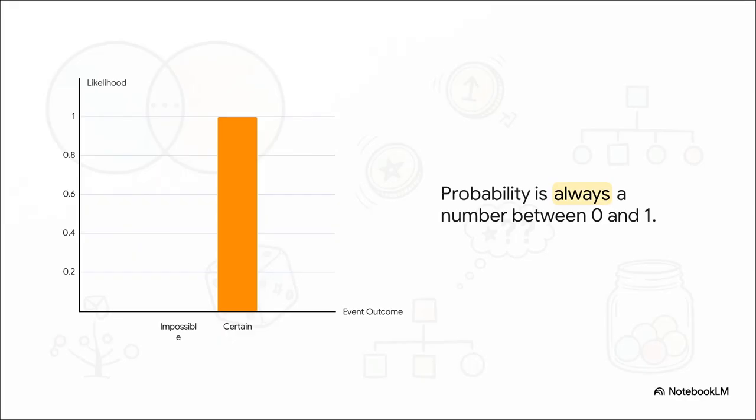And here is an absolutely crucial rule of this language. Every single answer to a probability question has to live somewhere on this scale. It's always a number between 0, meaning it is absolutely 100% impossible, and 1, which means it is a guaranteed certainty. Think about it. Everything that could possibly happen, from a simple coin toss to a complex weather forecast, fits somewhere along this simple line.